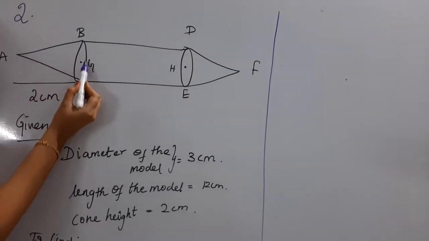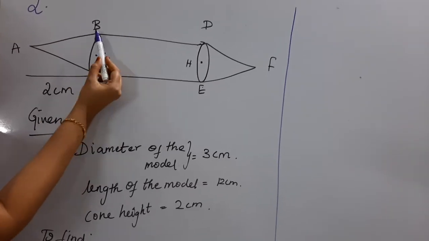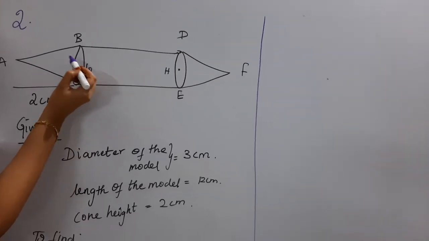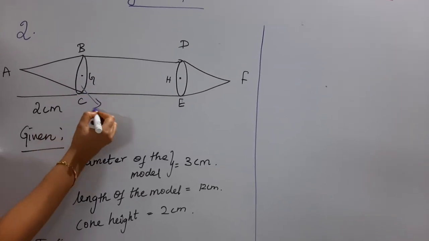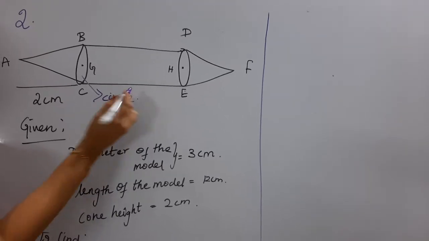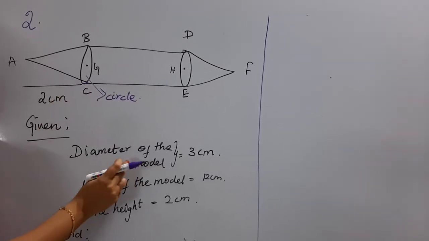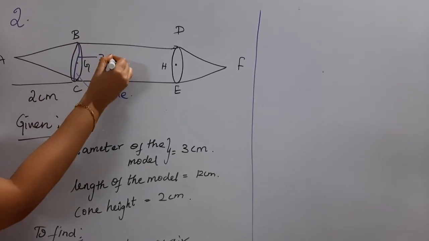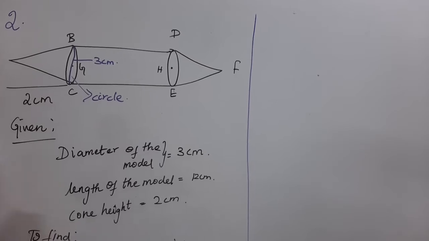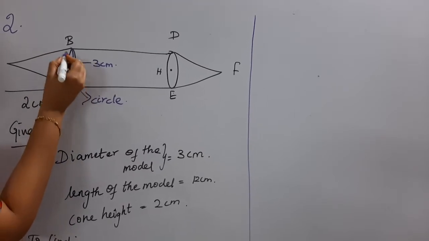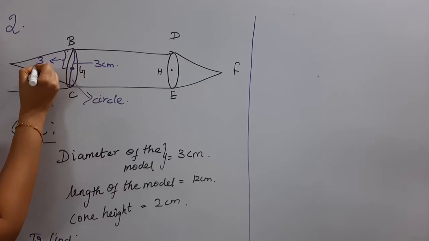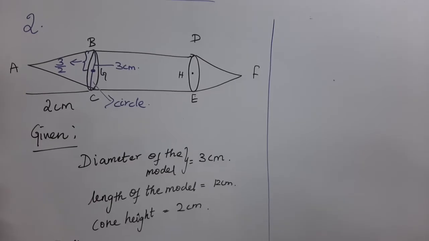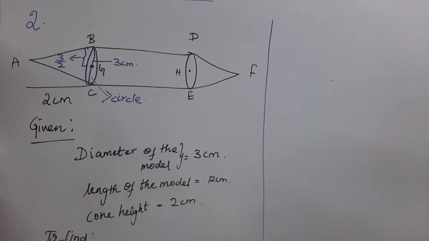See, the base of the cone is merged with the base of one end of the cylinder. So what is the base of the cylinder as well as the cone here, children? It is a circle. Since the base is a circle, the diameter of that base, the total diameter BC, is given as 3 centimeter. Then what is the radius? The radius BG is equal to 3 by 2 centimeter. So we found the radius of the model, the radius for both the cone and the cylinder.